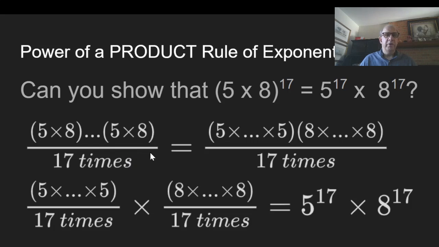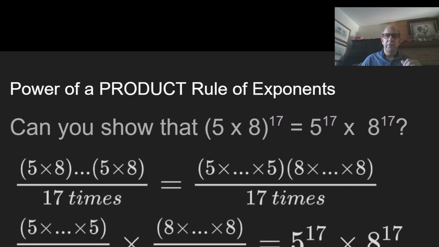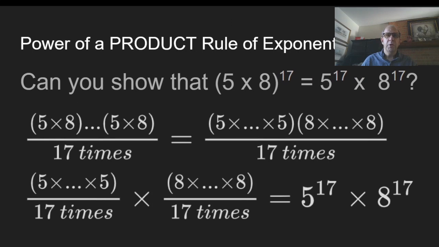So we could show how to do that by saying, so the product rule of exponents, right? Can you show that 5 times 8 to the 17th is 5 to the 17th times 8 to the 17th? So this is our distributive property, really. 5 and 8 are both being raised to the 17th power. So 5 times 8, 17 times. I do the magic of